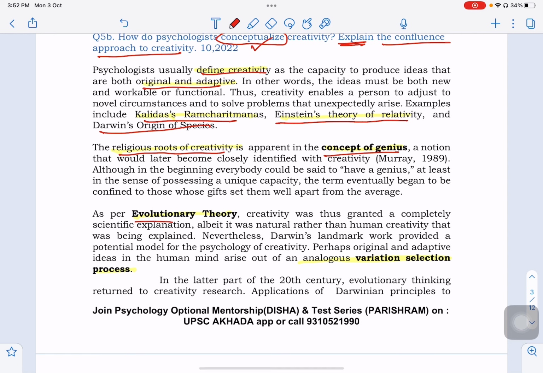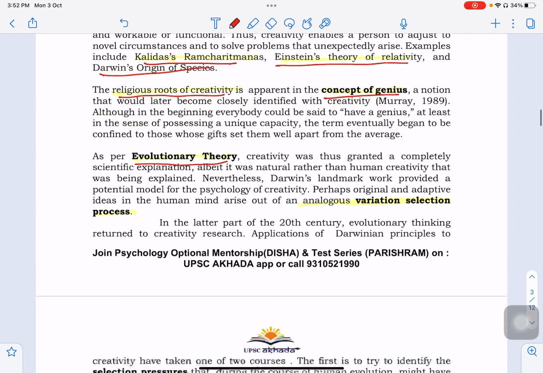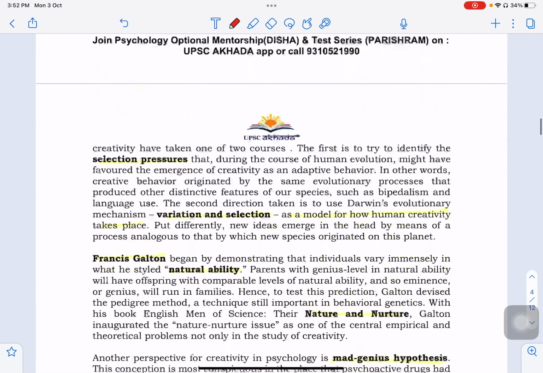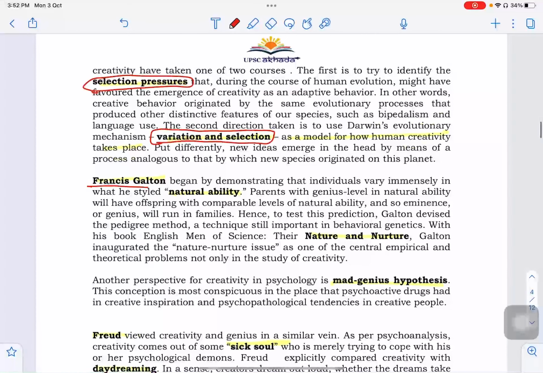Then I switched to evolutionary theory. The evolutionary aspect of psychology said कि variations and natural selection process decide करता है कोई कितना creative होगा. Like Darwin called it selection pressures. Then these two phenomena, variation and selection, decide how human creativity takes place. Then Mr. Galton comes in. He talks initially about natural ability. Then he talks about the nature and nurture aspect in the